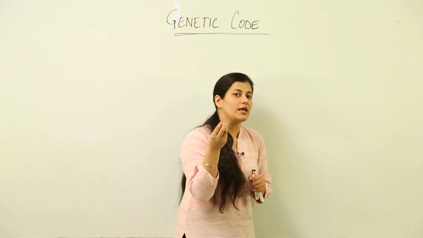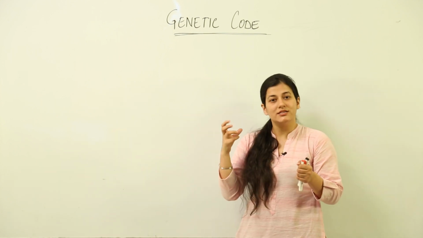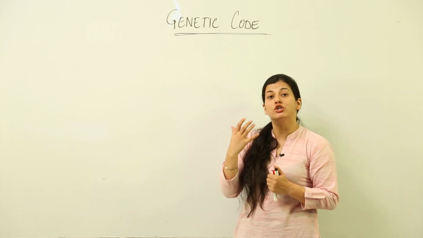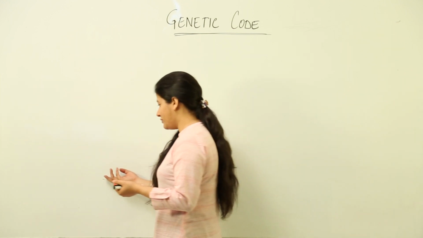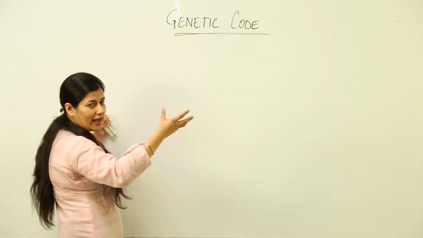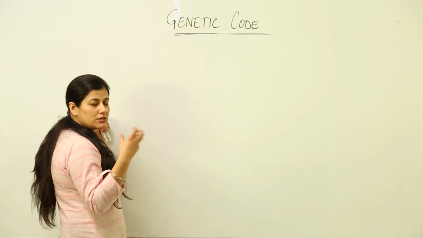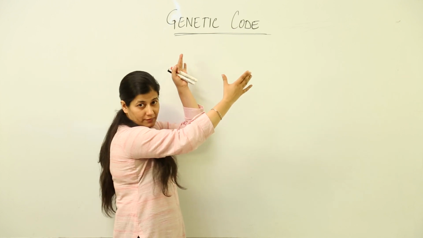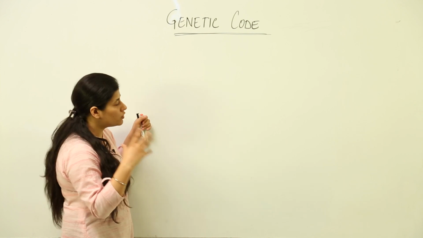Now, this was a very exciting field of discovery for the scientists who were studying the decoding of genetic code. Okay, it might not be exciting for you, but for those people who have keen interest in this entire gene and its expression, it was quite an exciting discovery, and it was of great importance. So, we come to a term known as genetic code, that there is a code according to which the decoding takes place. Now, what is decoding?